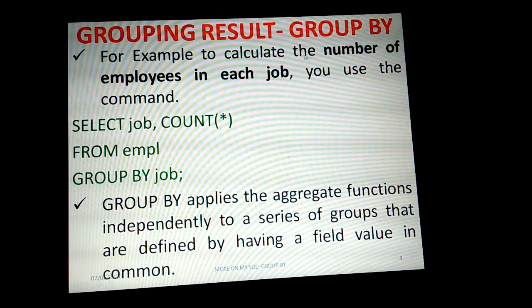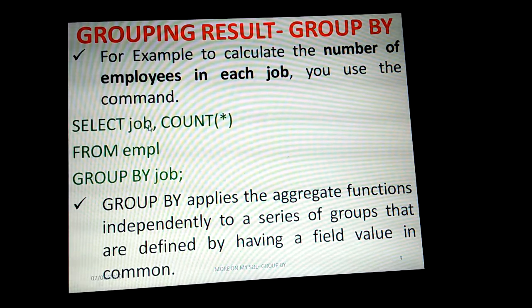For example, to calculate the number of employees in each job. There may be several job names available, so we need to calculate for each individual job how many employees there are. For that, what command do we need to write using the select statement? We need to select the job and then count star, the number of employees, meaning all the employees related to that one particular job.